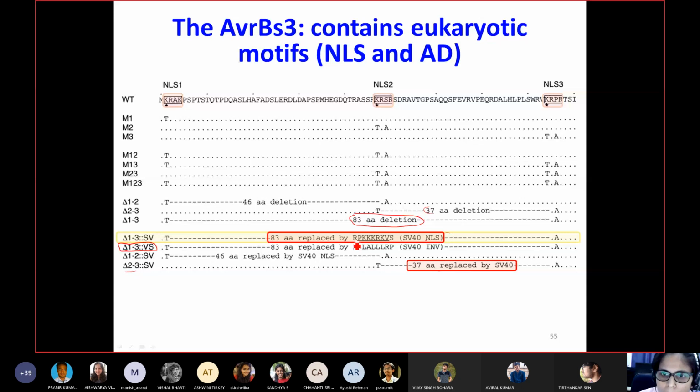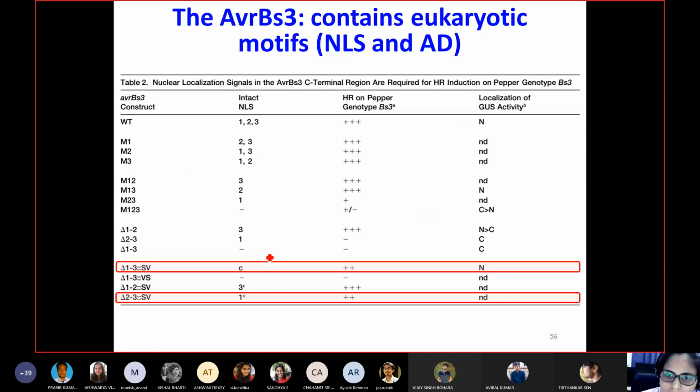Here, upon insertion of the SV40 sequence of 83 amino acids, it partly complemented the effect, and in delta 2,3 also they partly complemented the effect. Whereas in delta 1,3, where the opposite signals were inserted, it did not complement the effect. So this proves that both NLS, especially 2 and 3 NLS, are important, and the prominent function of this NLS is to